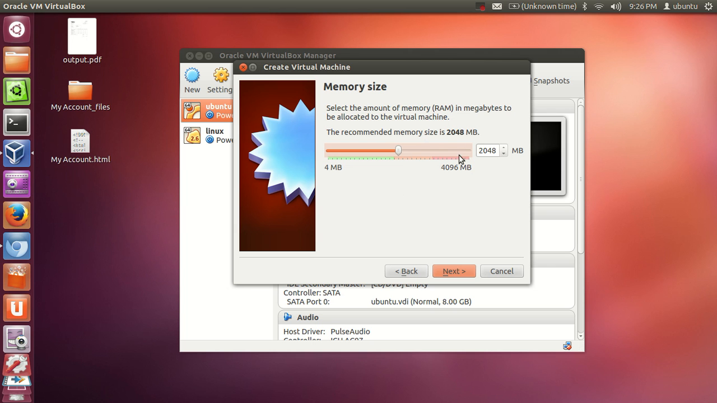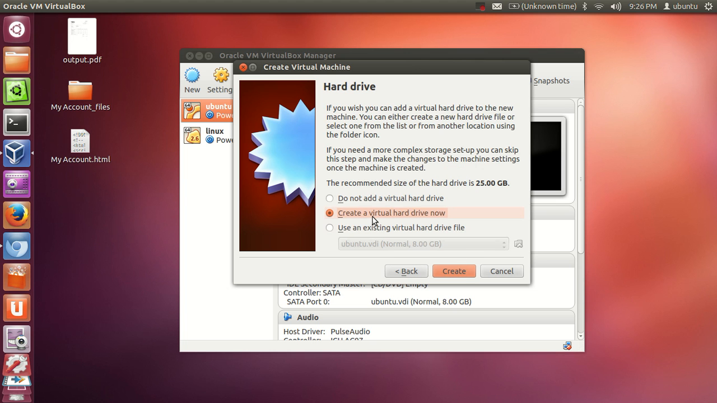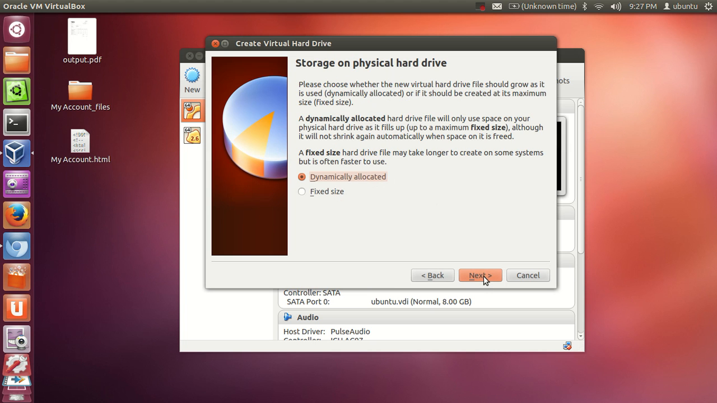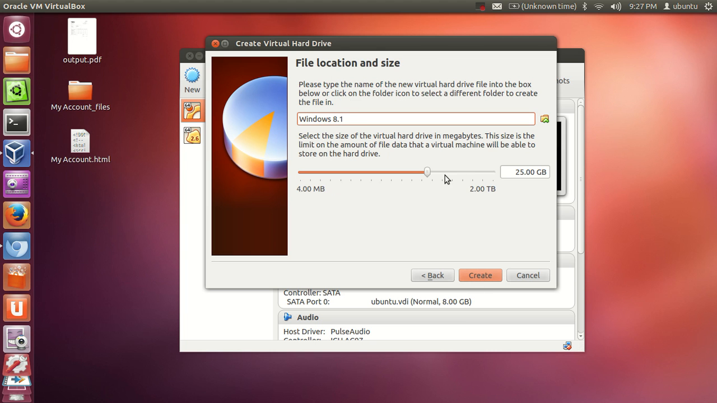I will leave it as default, and I will go further next, and this will be the same, create virtual hard drive. Yes, I want to create it, so I will click create, and I want to use VDI, which is VirtualBox disk image. Click next, and I want a dynamically allocated hard drive. Click next, and in here you can choose the hard drive size which you want to allocate to your operating system. By default it's 25 GB, so I will leave it as default, but you can increase it